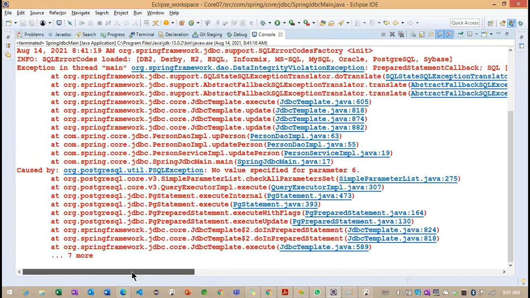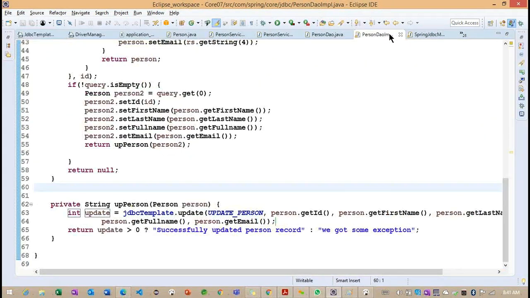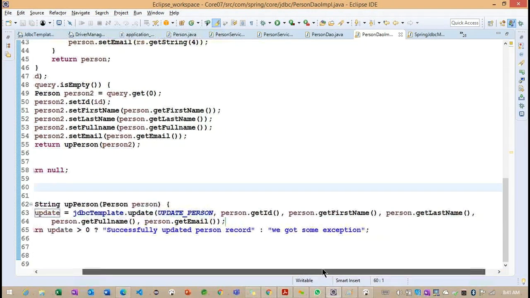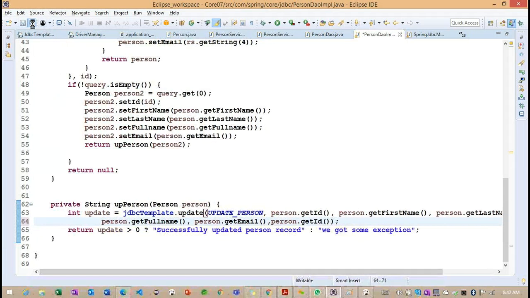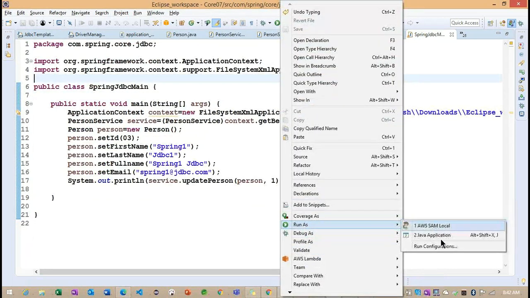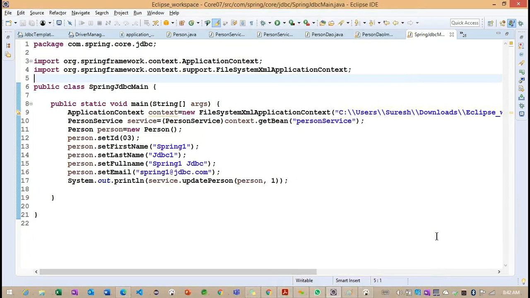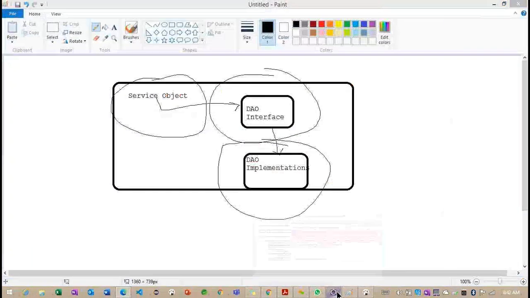For the parameter, it does not have any. Now, so successfully updated.